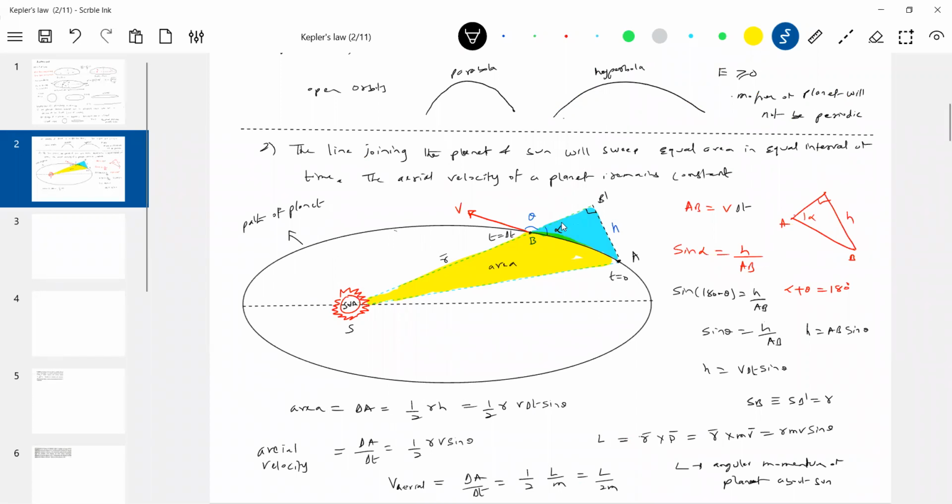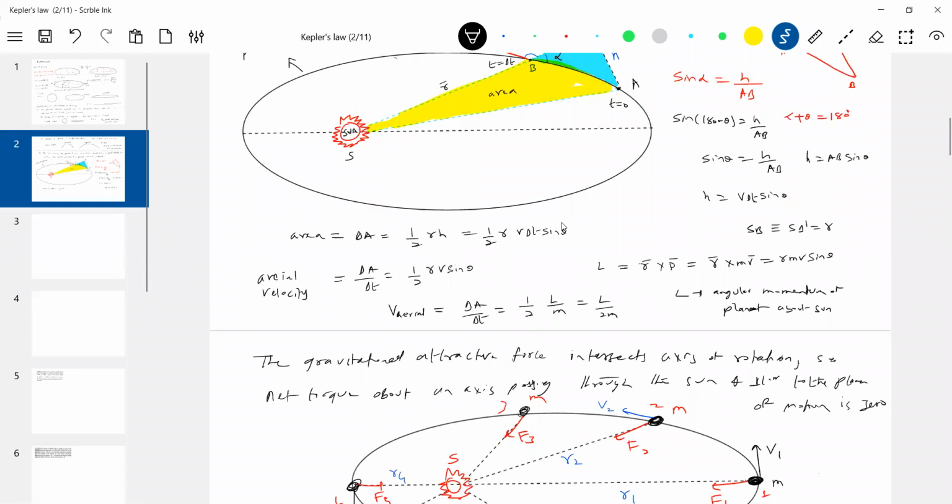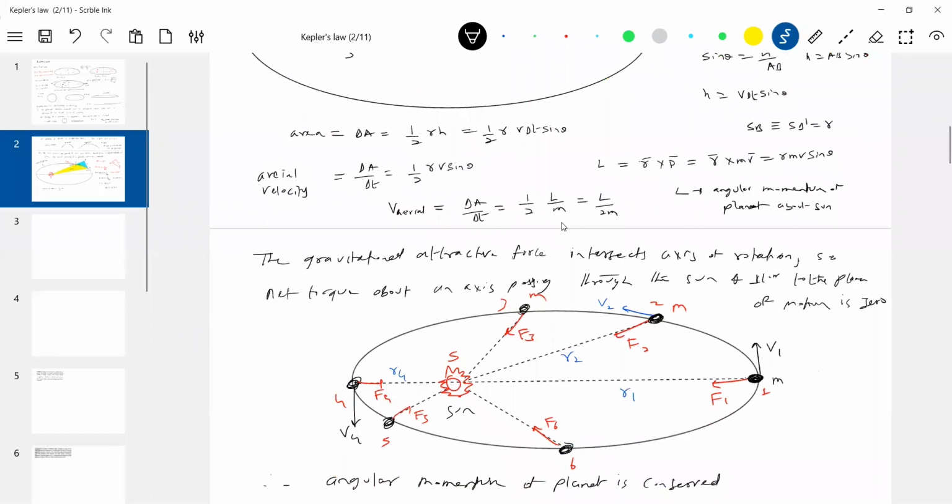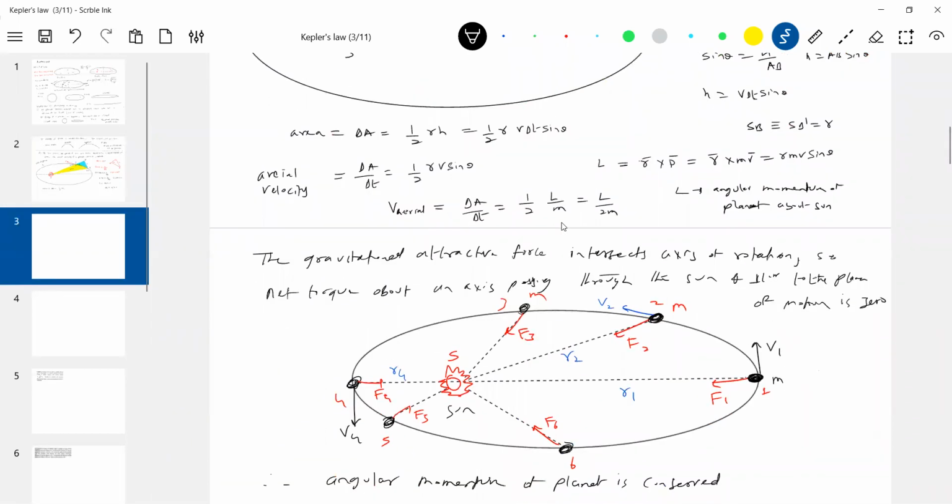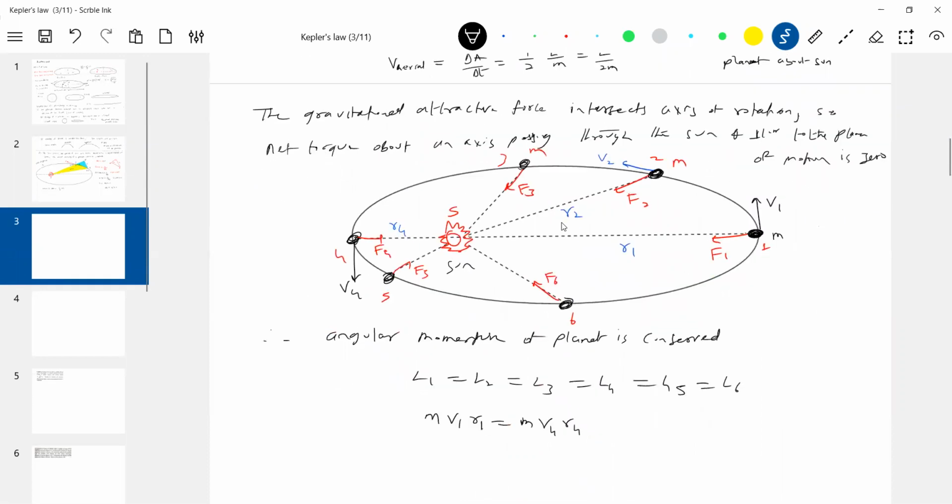How it is constant, I've shown. I brought areal velocity in terms of L, and I showed that L is a constant. Okay, I have proved the second law. I think this is what was needed. Nobody will ask you all this in the exam, but you should know how it has come. So one law I have introduced: conservation of angular momentum.